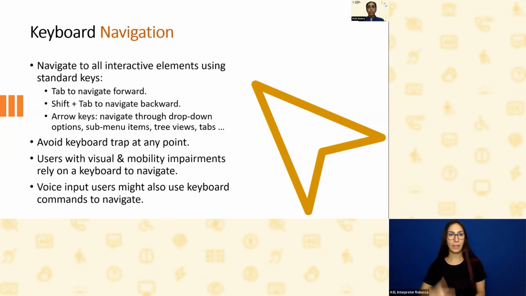Start off with keyboard navigation. Some fundamentals we need to keep in mind: all the elements should be navigable with a keyboard, using the tab key, the shift tab key, or the arrow keys. Yes, different components require different interactions.